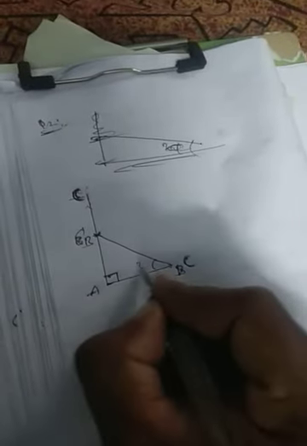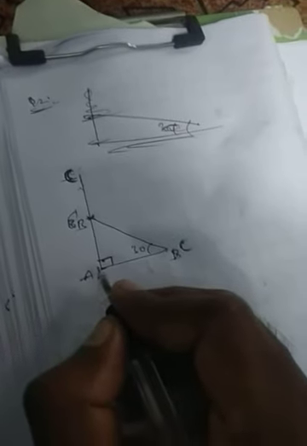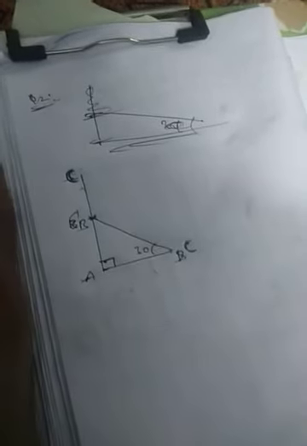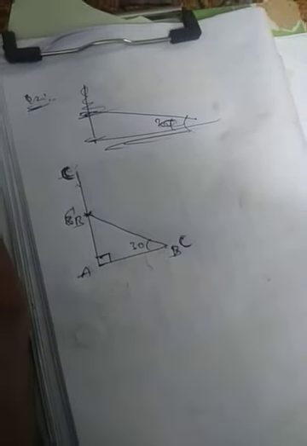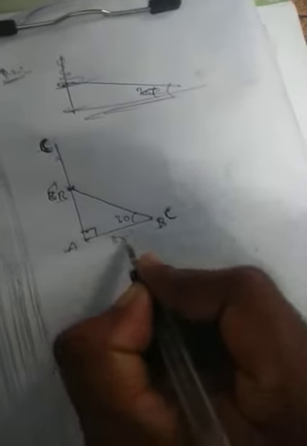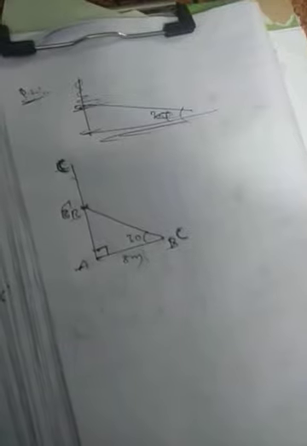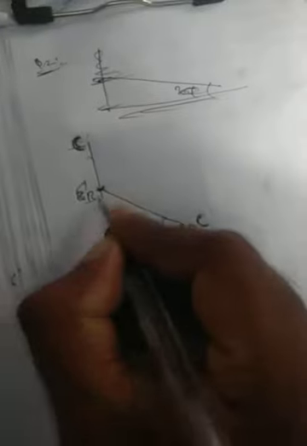It is making how much angle here? 30 degrees. What we have to find is the distance between the foot of the tree to the point where the top touches the ground. That distance they have given is 8 meters. So what we have to find is the height of the tree. To find the height of the tree, we need to find this one and this one.